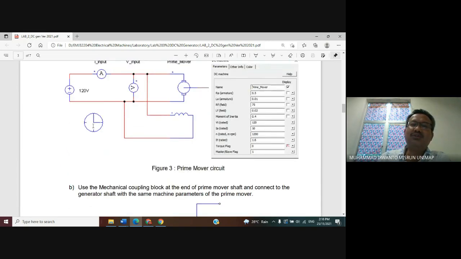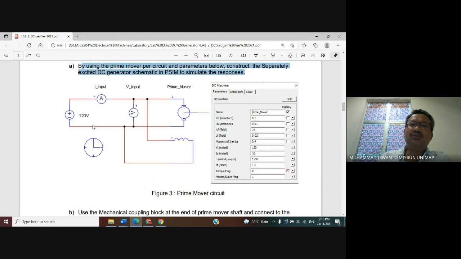Now we want to draw the prime mover. The prime mover here is a DC motor. Here the DC motor is the representative of the prime mover.